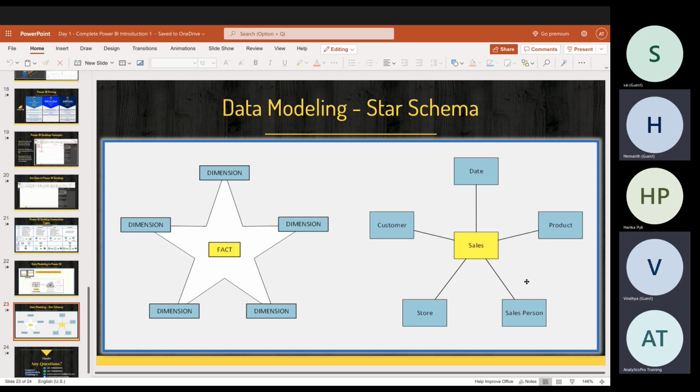Now that is why you have this star schema coming in the picture, which is a very powerful schema to work in a very quick fashion. What happens is, when I say who has ordered this particular order in the sales data, it will eventually go back to that customer to show me his name.